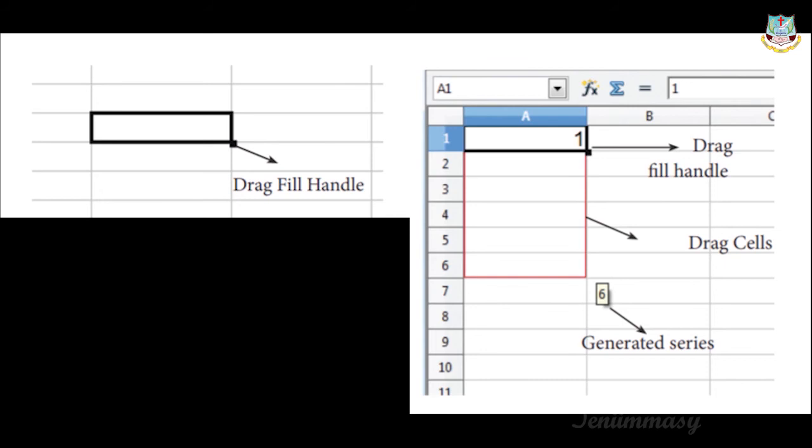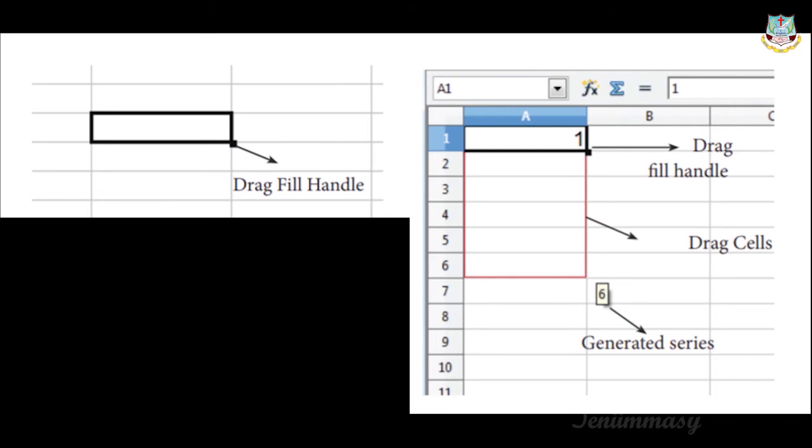In cell A1, if you type 1 alone and drag, that 1 will be filled in all the lines. That is the autofill series. Generating a series using commands means you can create the series.